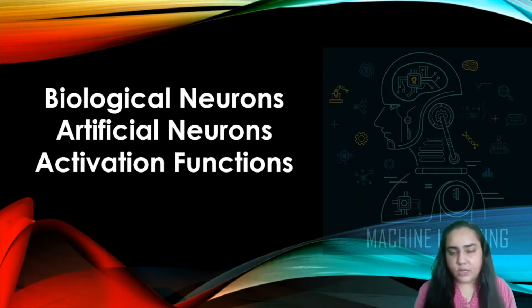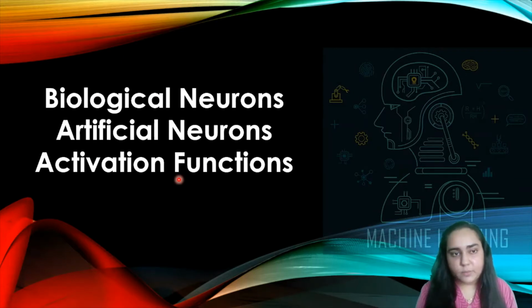So, based on all the neurons that are present in the human brain, we're going to see how a machine can be developed so that it can also learn in the same way in which human beings learn, with the neural network that is present in the brain, which is why we are first studying biological neurons, and then artificial neurons. Activation functions are functions which allow the neural network to work. So we're going to see all these things in this video, and then proceed towards learning about neural networks and